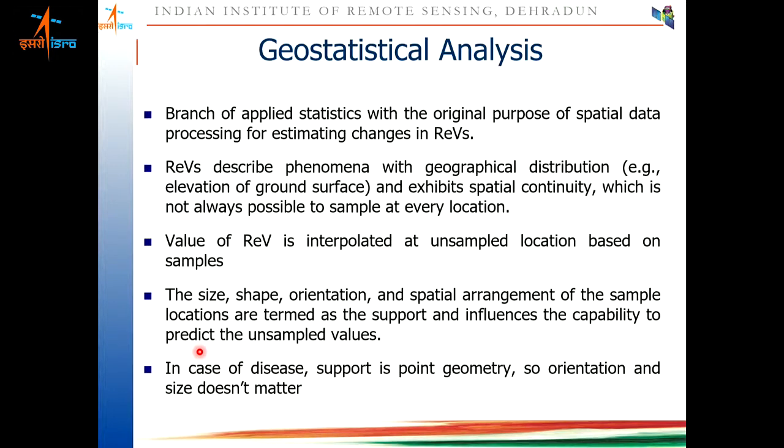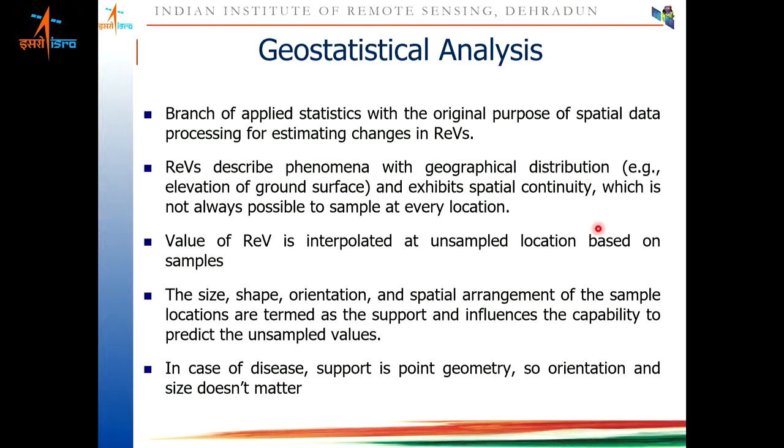We know a lot about random variables, but a random variable does not have position, while a regionalized variable is used to describe a geographical distribution. So basically it has location values, positional values. It describes the geographical distance and exhibits spatial continuity.